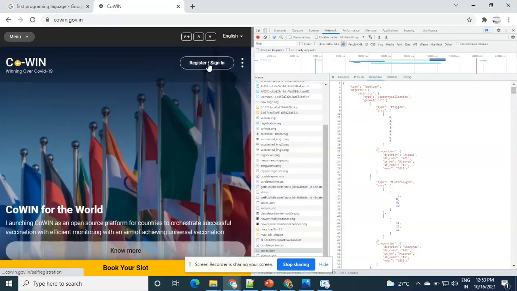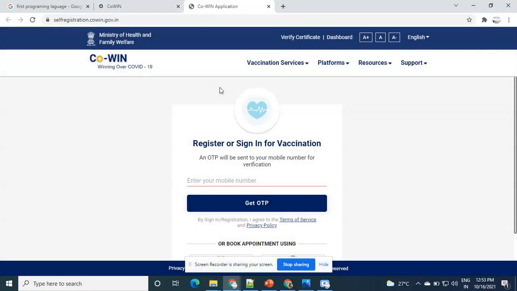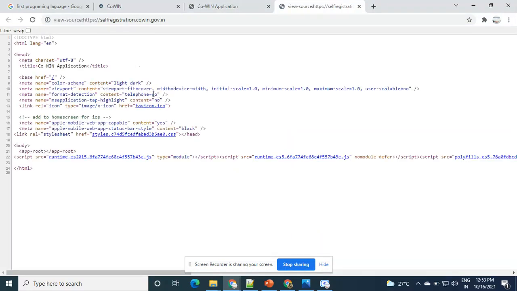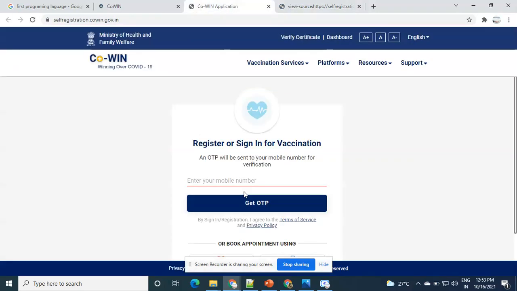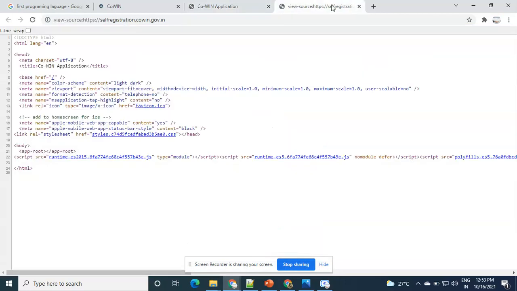Suppose I am doing register, I am typing. In the background some fetch request will go to the server and the server will check. Okay, he's requesting a page, so it will send the HTML, JSON pages. After clicking get OTP, and also after entering OTP, the request goes again to the server and the response will come. That response will be shown within another page, successfully done. I hope you understand. I didn't give you 100% clarity, but I tried to explain.